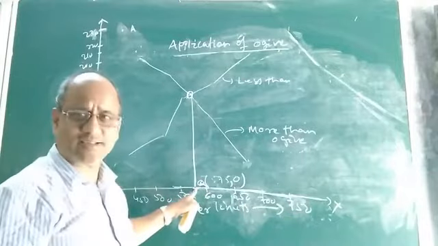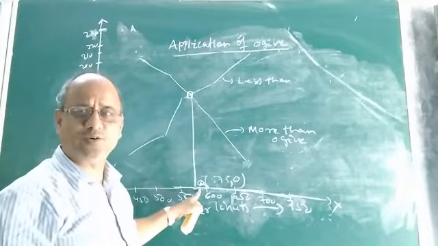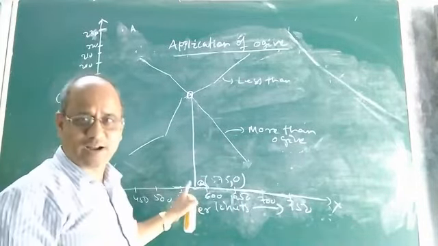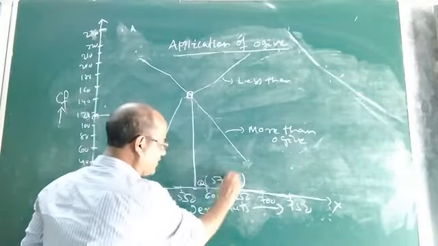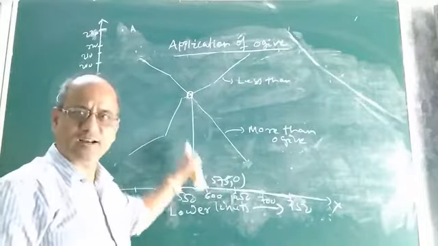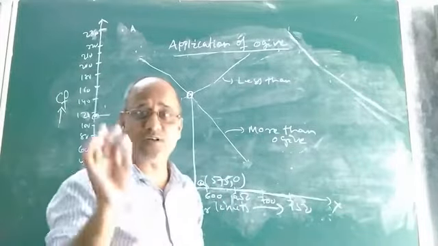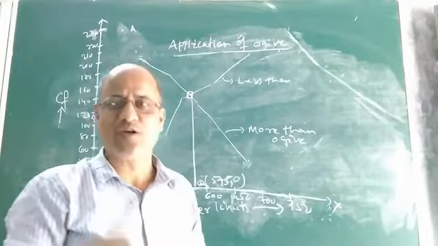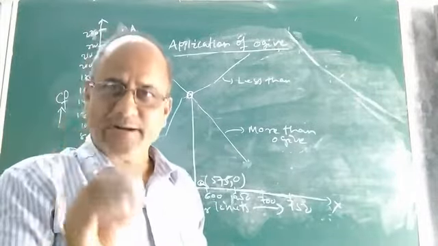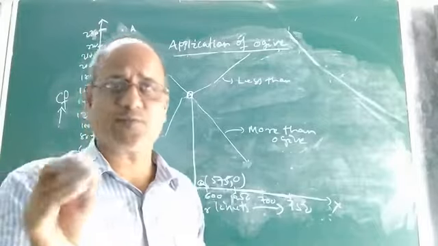Now it will intersect the x-axis at some point. Suppose the point is Q. Now find the x-coordinate of the point Q. If the x-coordinate of the point Q is, suppose, 575, then the median of the given continuous frequency distribution will be 575. Children, I hope you understood how to find the median of a continuous frequency distribution from the ogive.